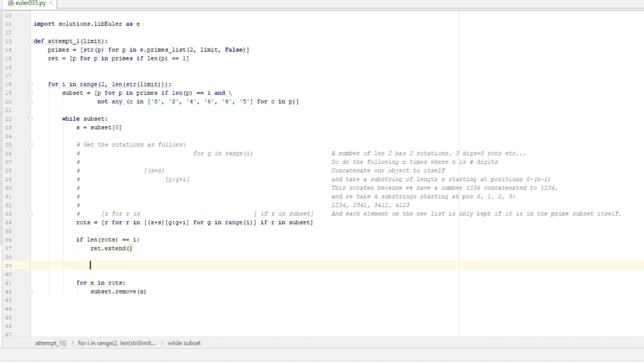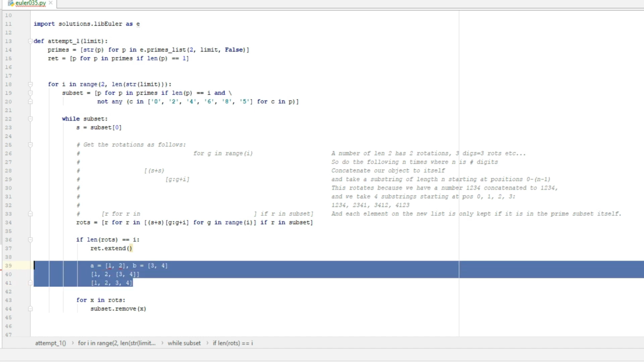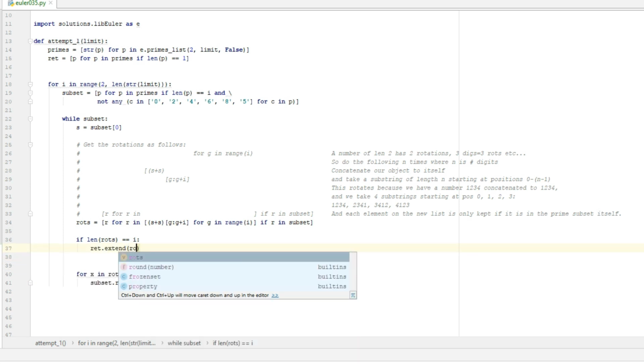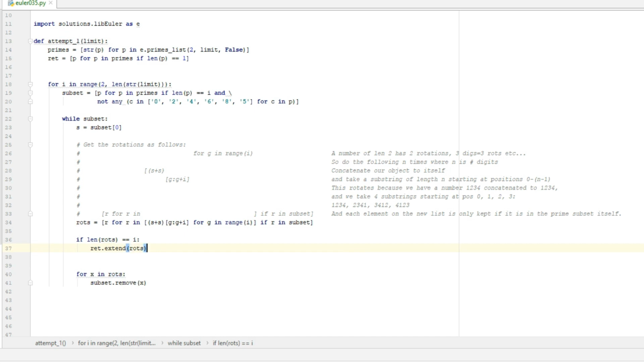We want to insert each item in this list into the other list, so that's extend. It's basically the difference if we have a list A with a couple of elements, and a list B that has a couple of elements, and we were to append both of these lists, we would get a list with a 1, a 2, and a sublist having 3 and 4. And if we want to extend the list, then we would get the list as you might expect. That's the difference between append and extend. And we want all of our rotations to be added to our current